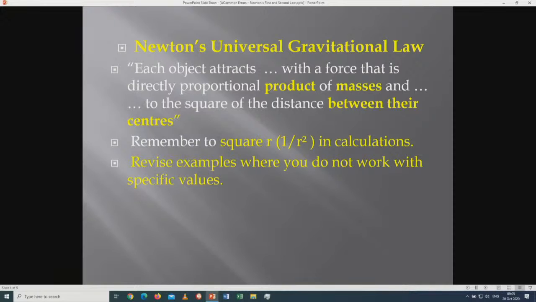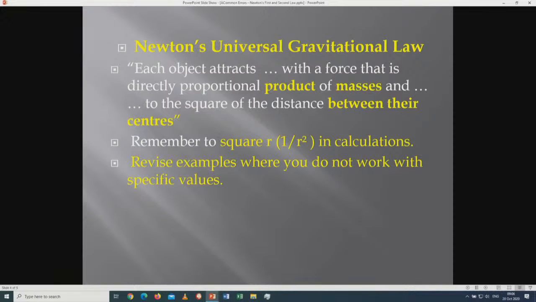They will relate the problem to, if the radius of the planet doubles, what will be the influence on the weight of the object? So make sure that you look at multiple choice questions where you don't work with specific values, but with relations